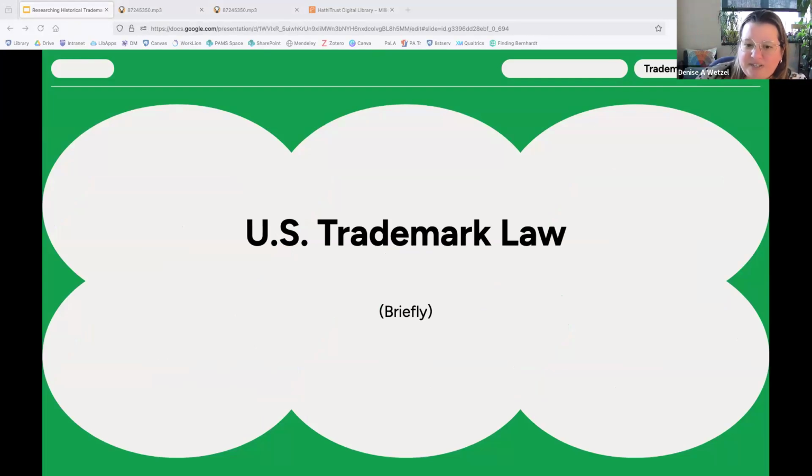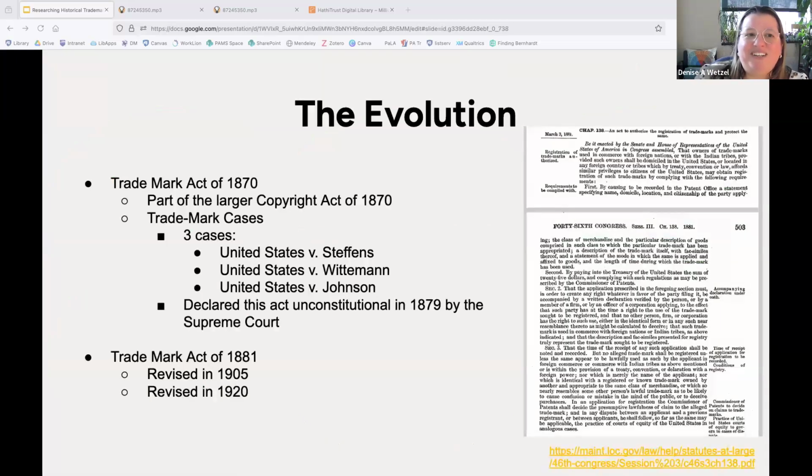And I am going to say this very briefly. We could spend years on this, or at least an entire semester. There are entire classes. And also, we're not lawyers. But to give you a good overview of the evolution of trademark law. So basically,